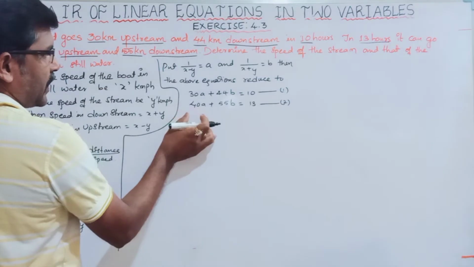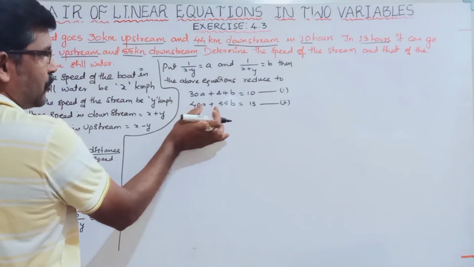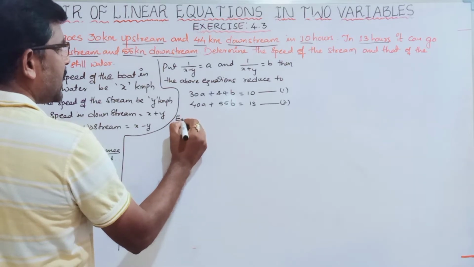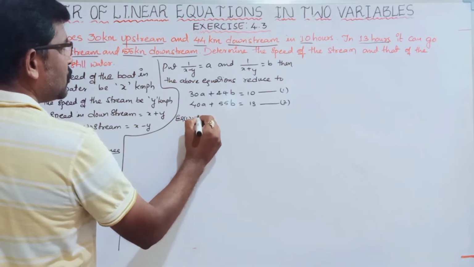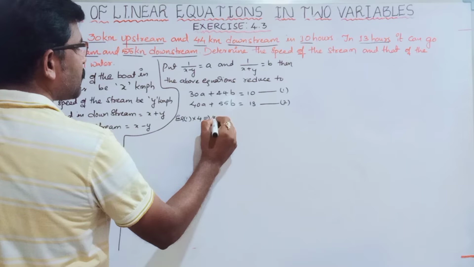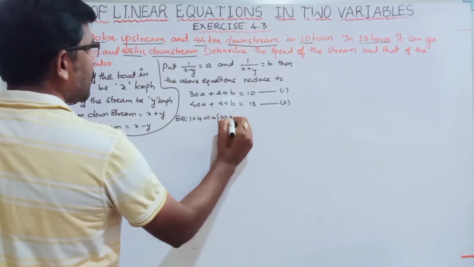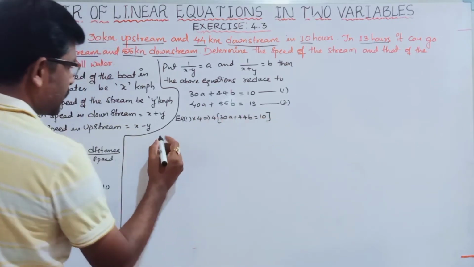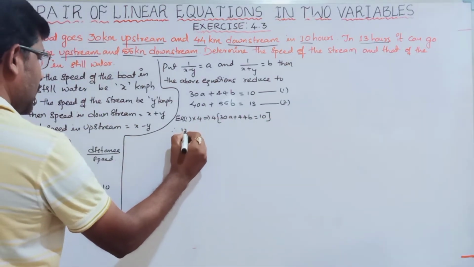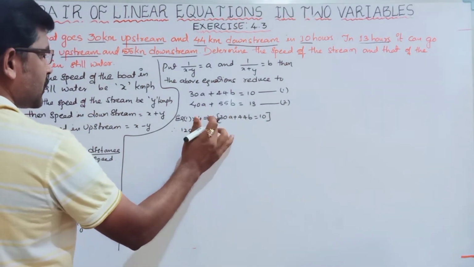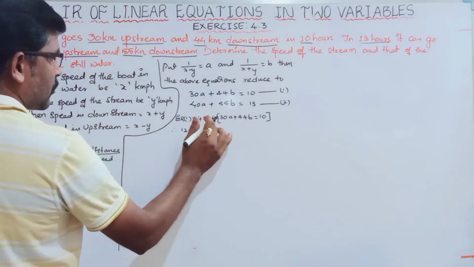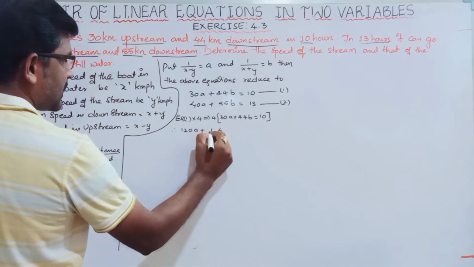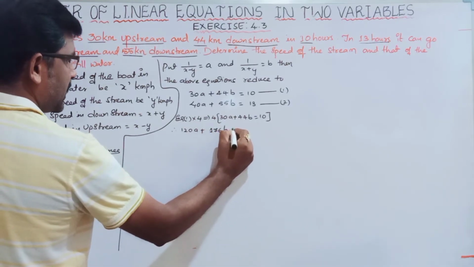Now we eliminate a value from these two equations. We multiply equation 1 into 4. It implies 4 into 30a plus 44b is equal to 10. Therefore 120a plus 4 into 44, 176b is equal to